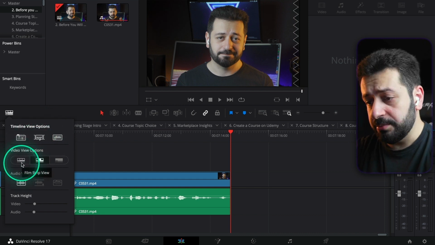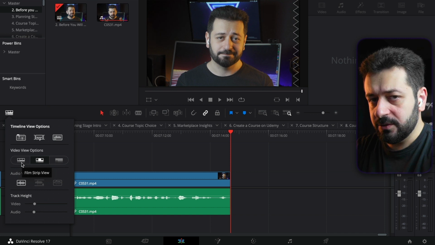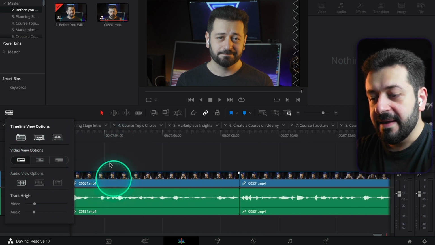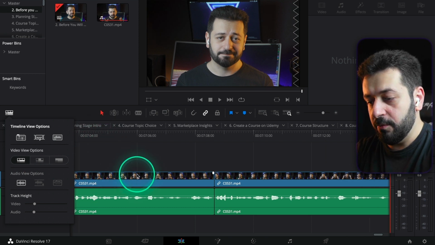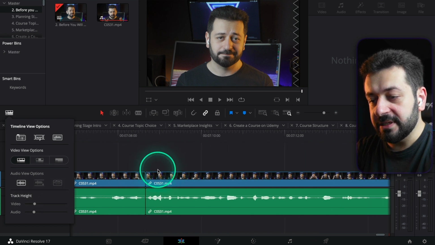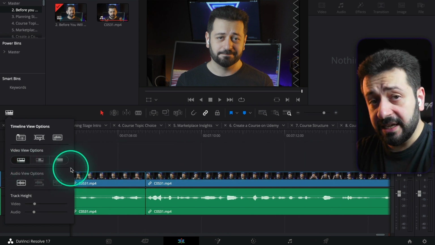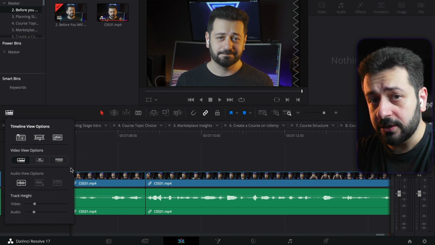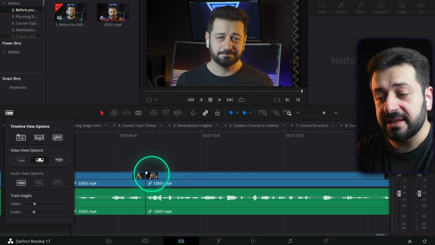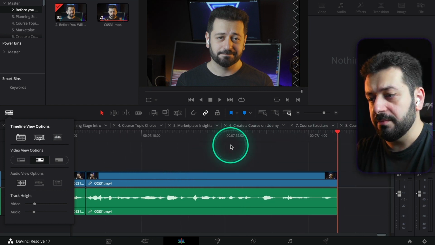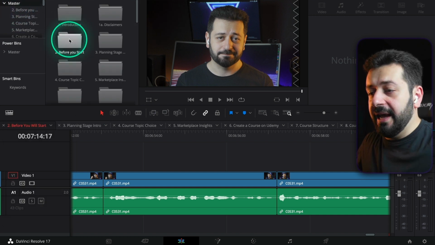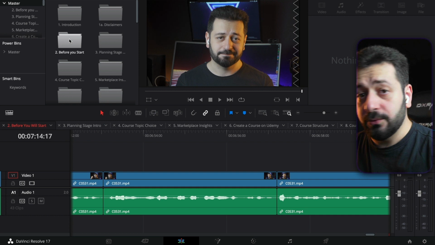And if you want your computer to not freeze when you're running DaVinci Resolve, make sure that this one is not selected. If you have this one, as you can see, no matter how much you zoom in, every single part of the timeline will contain a frame from the clip. This actually heats up your computer quite a lot, and you don't want this to happen. All you need to do is select this one, and it will just show the first frame and the last frame, and it will make your timeline much smoother. Do that for all of the clips, and when you're done, well, we can move on to more advanced editing,